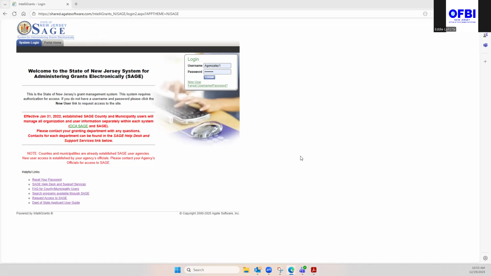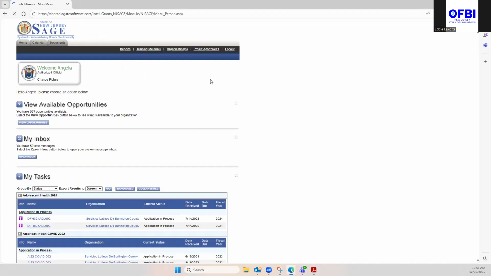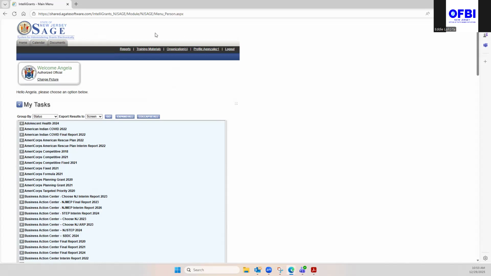Okay. So you access Sage. This is your Sage. This is our test site. You click login. And now you have to get to your application. So you're already in the executed status. You hover over documents, click documents,